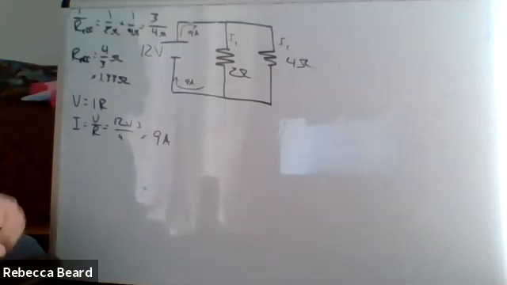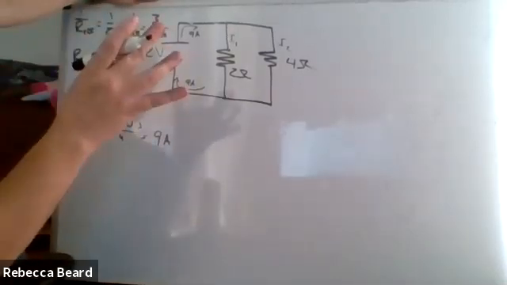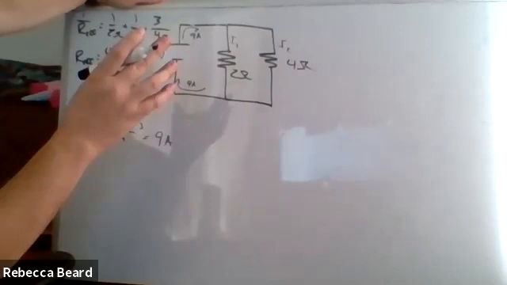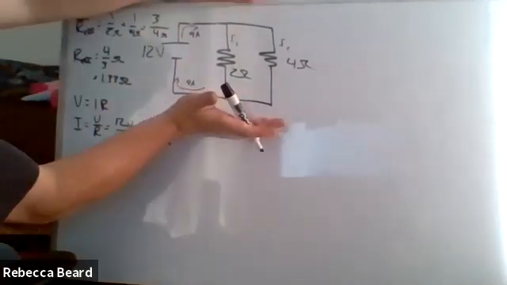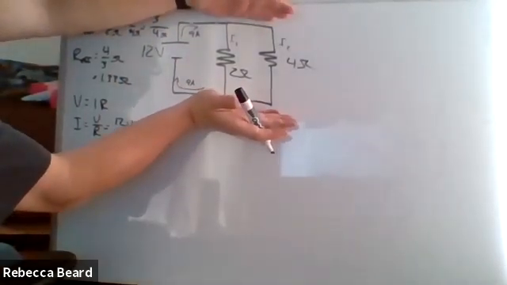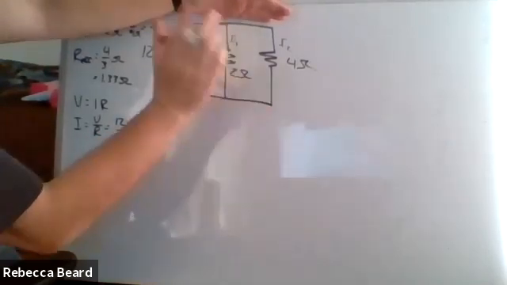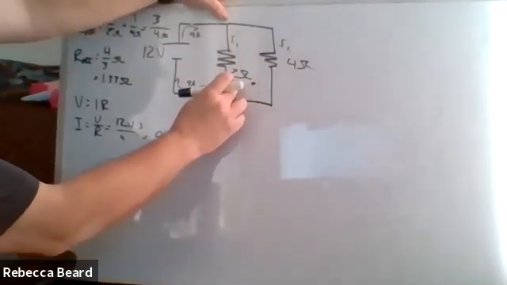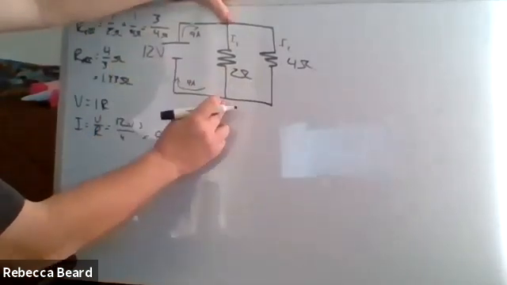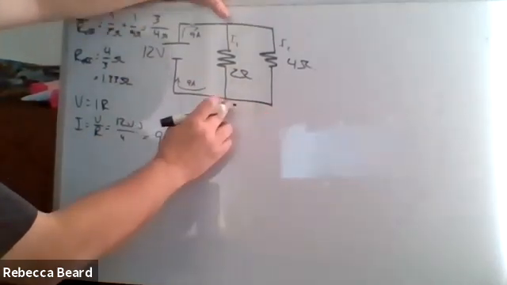Now you're here twice. Okay. Let me see if I remember this correctly. Because I believe that we end up with the potential difference being the same on each of these. Let me see if this works out. So if we have a potential difference of 12 volts here and here, and 12 volts here and here, then